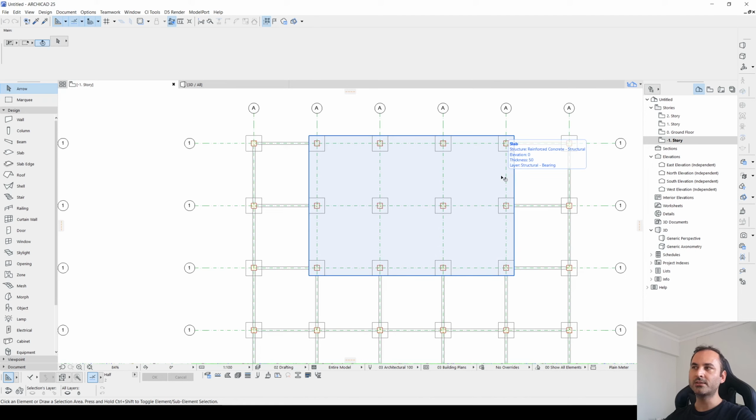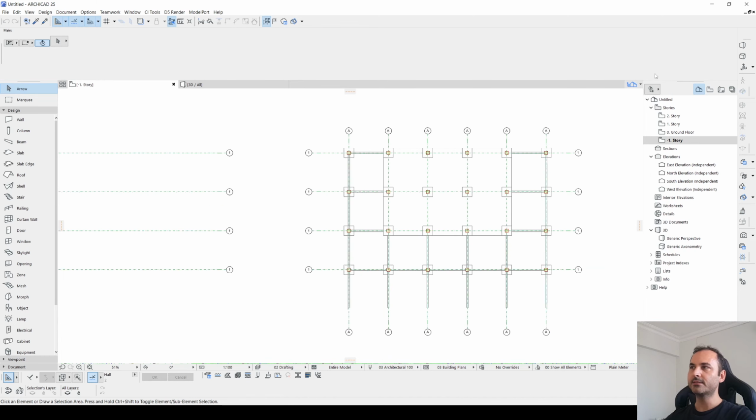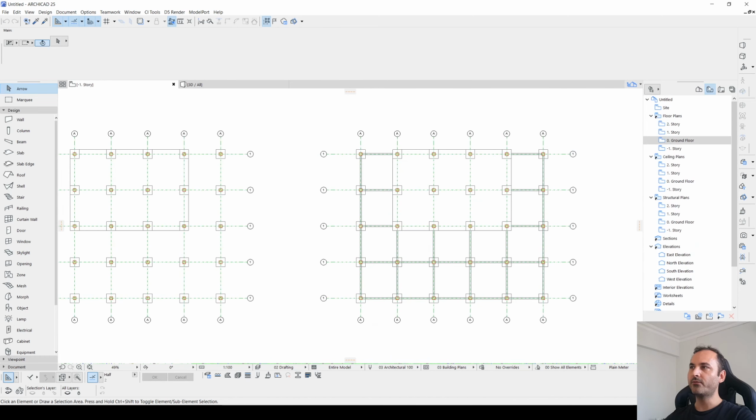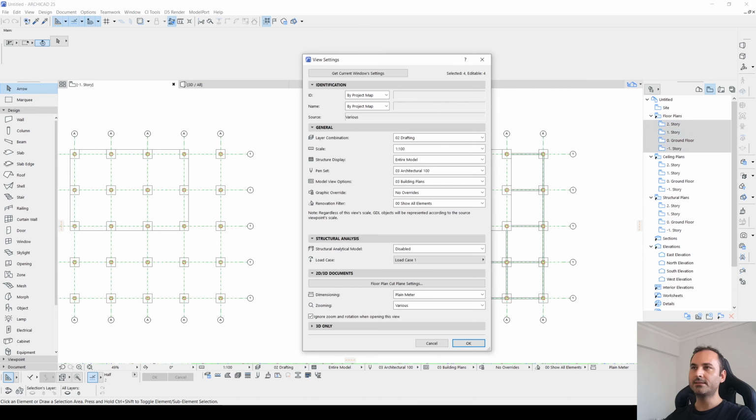We can change the elevation of our foundation. We can change the elevation of our first story, or even their thickness. Therefore, we are going to go to the view settings. From here, view map, we are going to select all of the floor plans, or actually you can select which floor plan you want to fix and click settings.